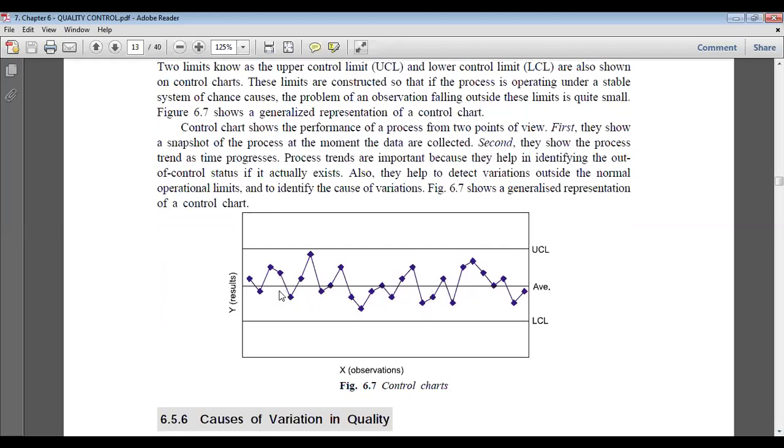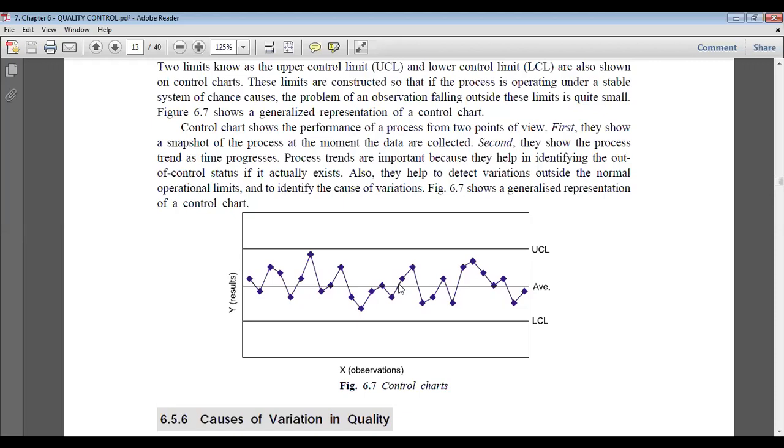We will plot different products. For example, we have a shaft of 10 millimeter dia. Nominal dia is 10 millimeters. This will have two limits, one called upper control limit, another called lower control limit, because the exact 10 dia is hard to maintain. Although it can be maintained, it will have a very high cost. So in order to ease the manufacturing, we give some upper and lower control limits, or we give a margin to the nominal dia.